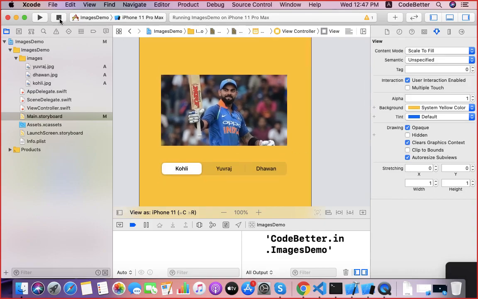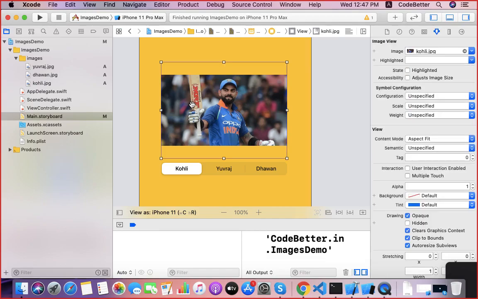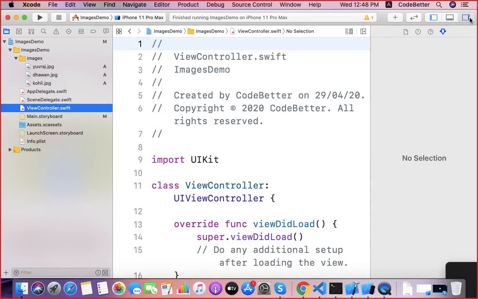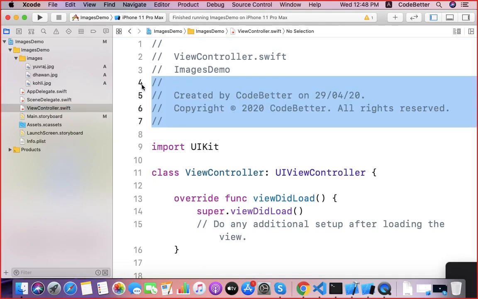Now we write some code to change it at runtime. The first element is the image view, the second element is the segmented control. So we create outlets for these elements.